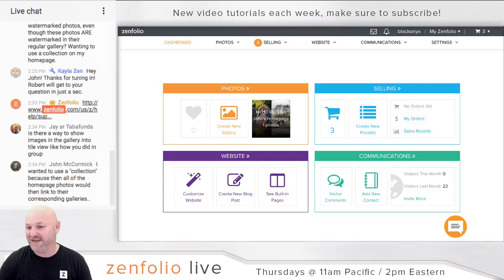So John says, I wanted to use a collection because then all of the homepage photos would link to their corresponding galleries. I understand, John. You could do the same thing with a group page as well. If you're using a grid, then you can do the same thing with a group page. So if I go to photos right here,